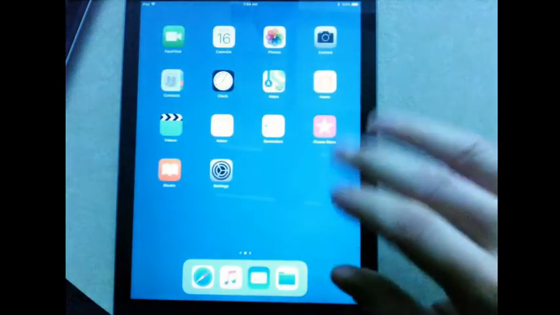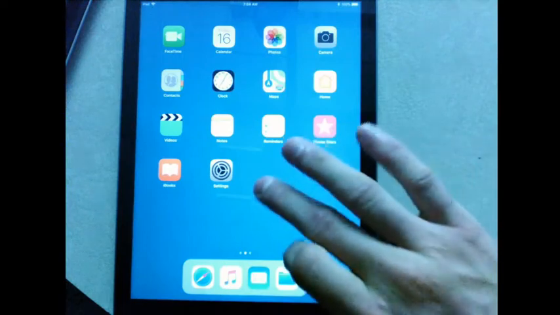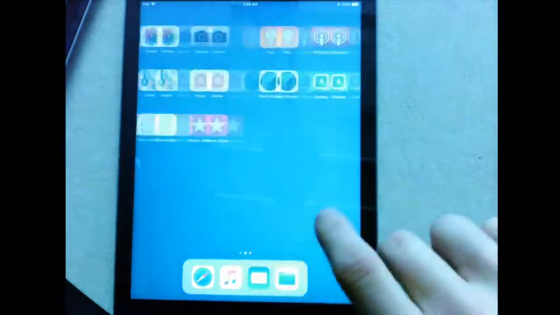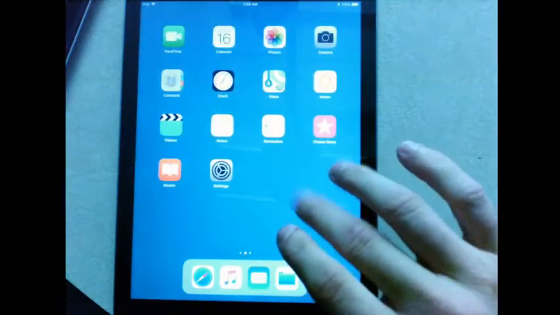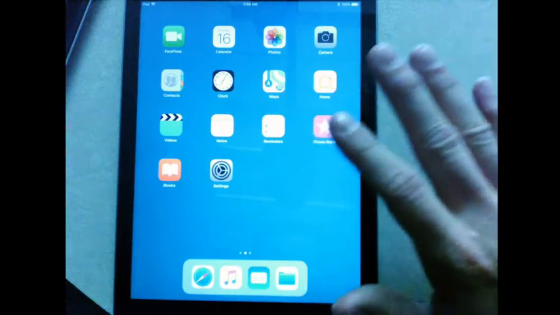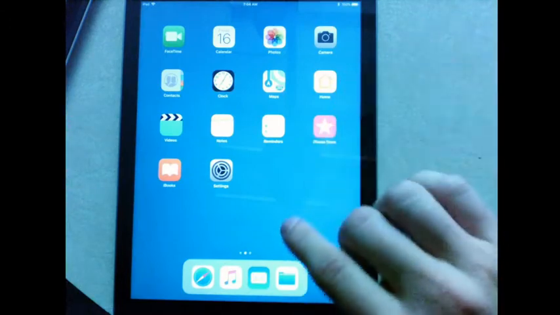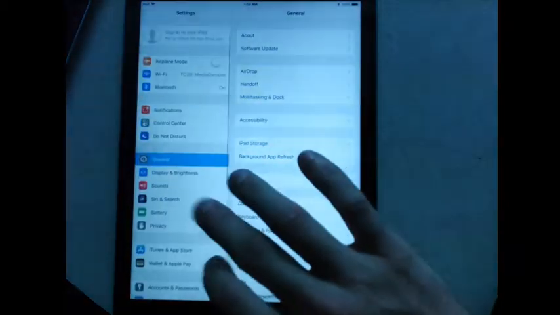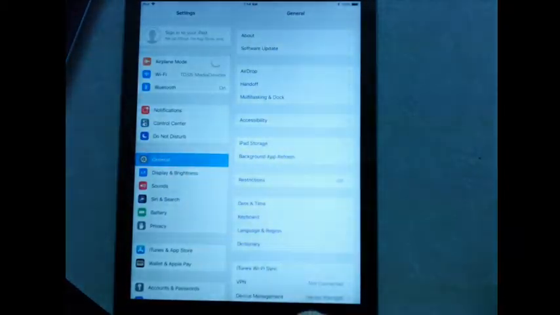But as you can see, some of the restrictions have already kicked in, as the App Store is now gone. There's no App Store here and there's no App Store here. So already a student wouldn't be able to put any apps on here. If I go into settings, that passcode option that used to be there on the left-hand side is now gone.